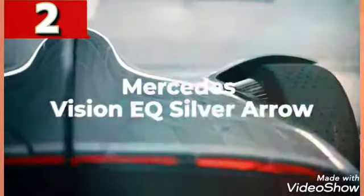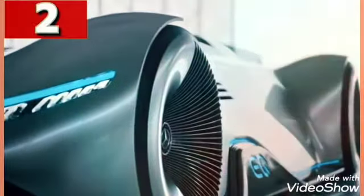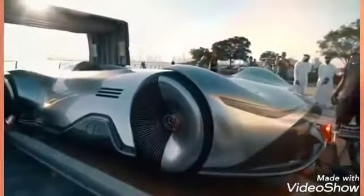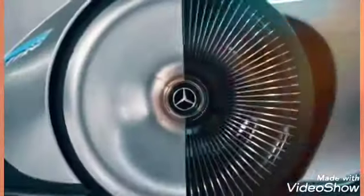Mercedes Vision EQ Silver Arrow. This stunning concept vehicle from Mercedes is the Vision EQ Silver Arrow. And if this is what cars are going to look like in the future, why would we ever use any other form of transport? Designed to be as aerodynamic as possible, it has fluid lines and smooth, seamless surfaces, and